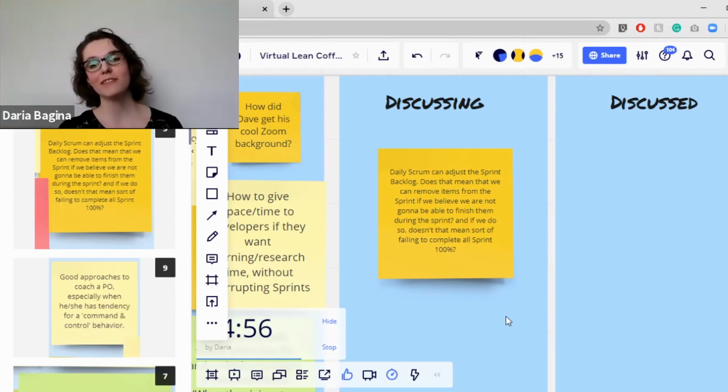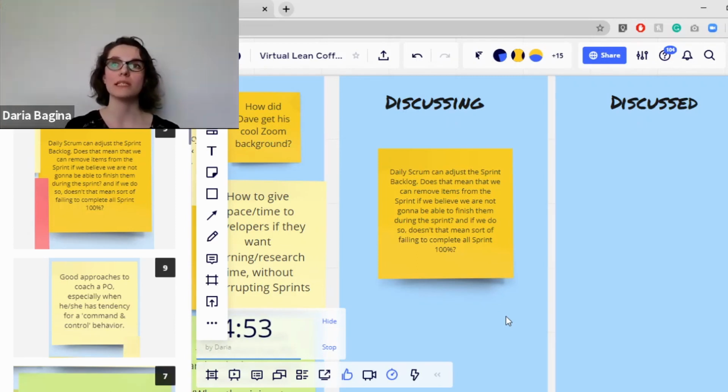Yeah, I think that's kind of the main point where I always see a misconception: that the sprint backlog has to be 100% complete, and that's the goal of every sprint. But in reality, the goal of every sprint is a sprint goal that was defined, right? Unfortunately, it sometimes can be difficult to define the sprint goal, and a lot of teams don't really do it. That's what makes 100% of the sprint backlog complete the goal, because there's nothing else to look forward to